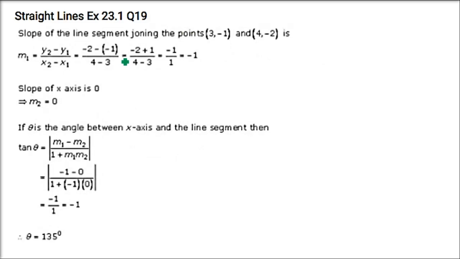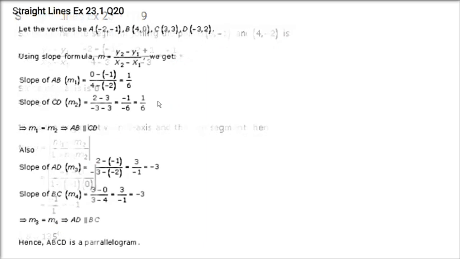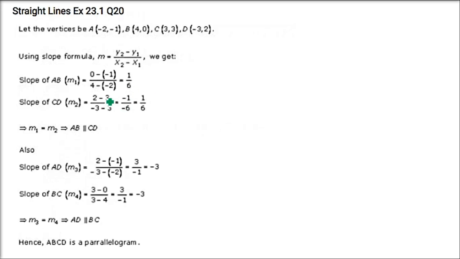Find the angle between the x-axis and the line joining the points (3, -1) and (4, -2). So same thing we have already done. So slope of this line is minus 1, and the x-axis will not make any angle, so its slope will be 0. So m1 will be minus 1, m2 will be 0, right? Now tan theta is (m1 minus m2) by (1 plus m1 m2). We already know this formula. Put m1 as minus 1, m2 as 0, and tan theta will come minus 1, and we have seen theta is going to be equal to 135 degrees. The explanation has already been given.